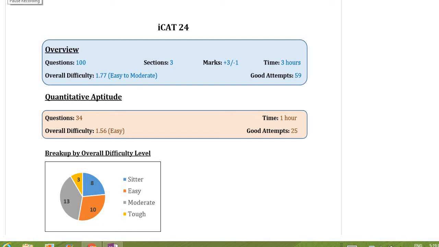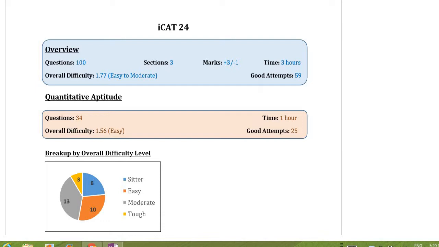Hello and welcome to our analysis of iCAT24, part of our full-length mock test series for CAT. In the first two parts of this analysis, we saw the verbal and DILR sections and saw which questions to attempt, how to go about attempting and selecting them, and which questions to leave out. In this particular part, we will look at the last and easiest section of CAT, that is quantitative aptitude or